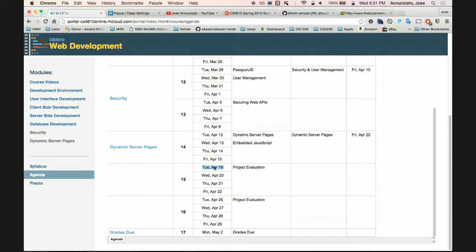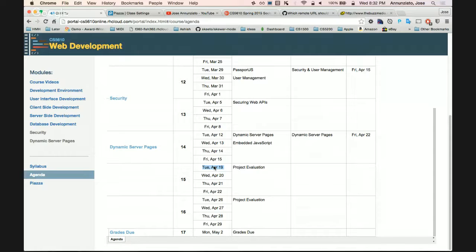Maybe you have a couple misspellings here and there that you want to fix up. Maybe you want to tweak a little bit of the look and feel, make it look a little more polished. But I don't expect you to be doing any major coding after April 19th. Maybe you have a bug that you want to come to me and see if we can fix it. That's okay. But I don't expect you to be doing any major development after April 19th. But if you're going to keep working on it just to polish it, that's fine. Whenever I'm going to grade you, I am going to send you a text.